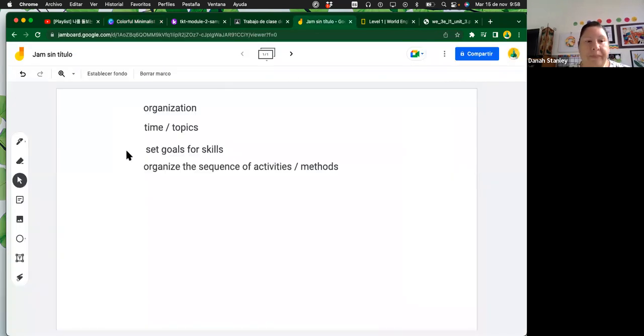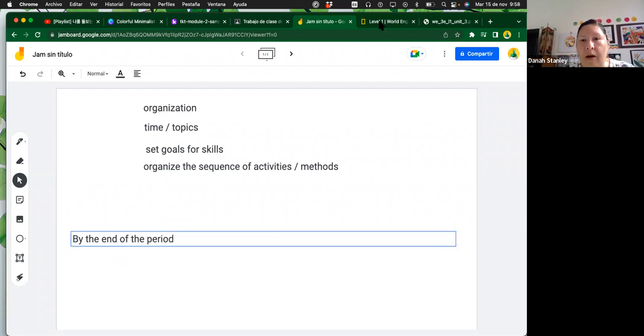Let's write it. No puedo decir by the end of the lesson. By the end of the period, or the month, of the lesson, of the unit, vamos a ponerle of the unit, comma, students may be able to